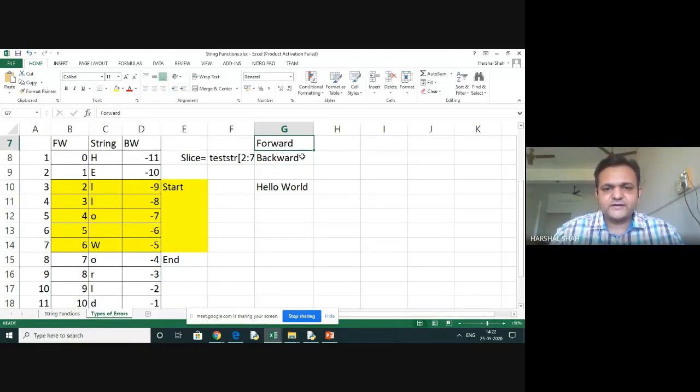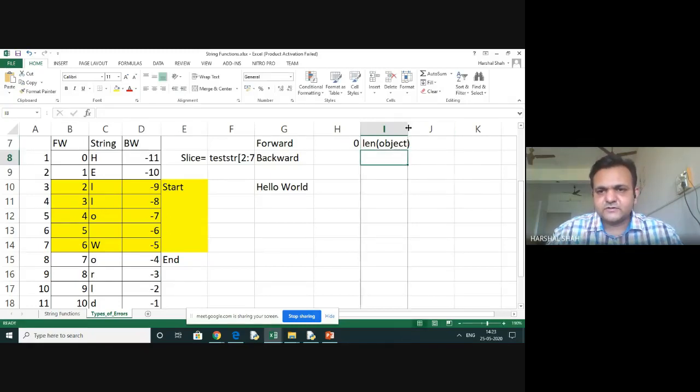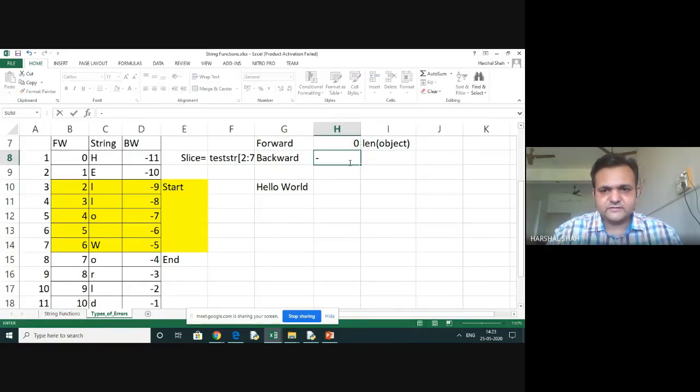The forward index starts from 0 and ends at the length of the object minus 1. The backward index starts with minus the length of the object. This is how it will work.